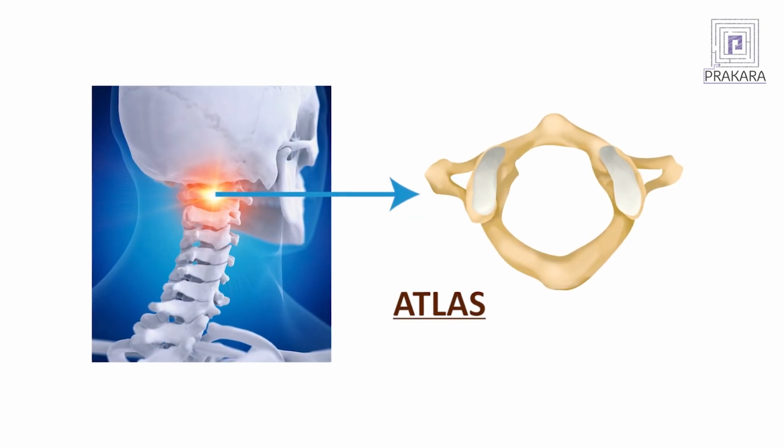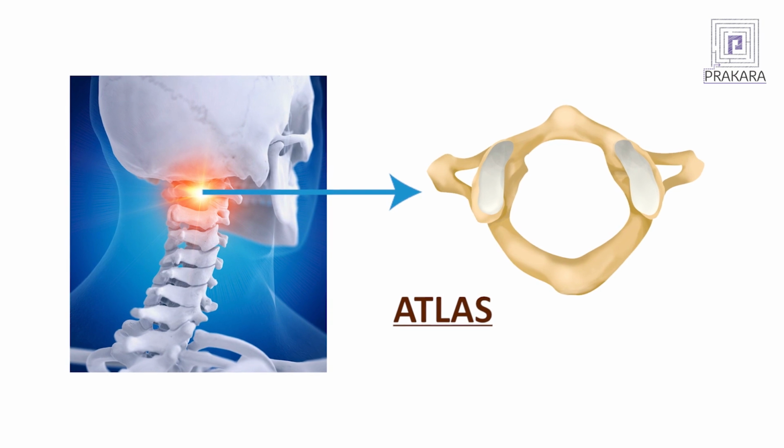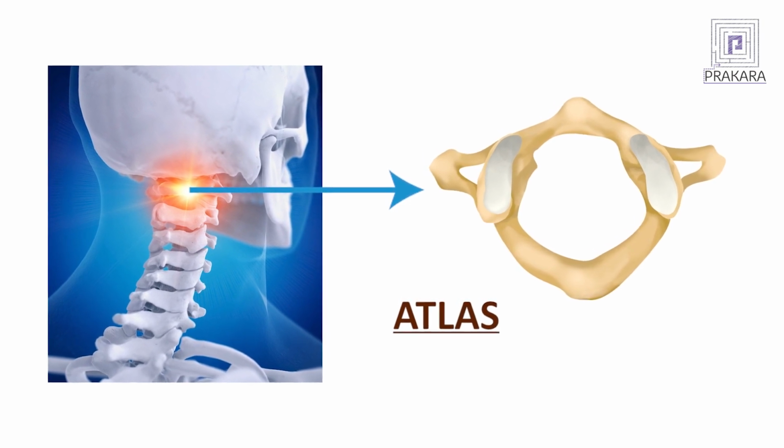The first cervical vertebra is also called the atlas, and it articulates or forms a joint with the skull above. Later, each vertebra forms a joint with the vertebra below and allows free movement, which is slightly more in the cervical and the lumbar regions rather than the thoracic region.